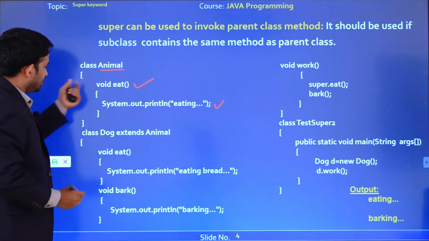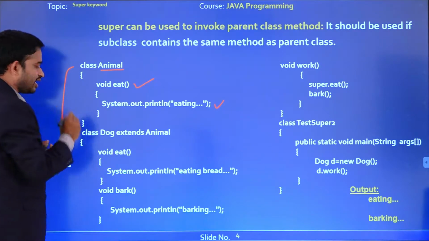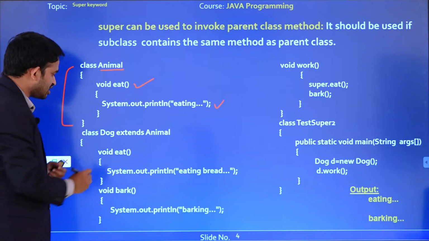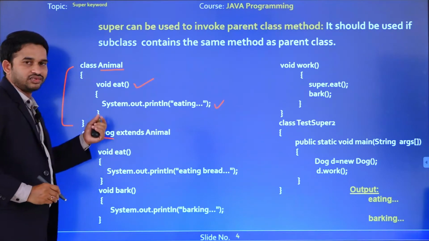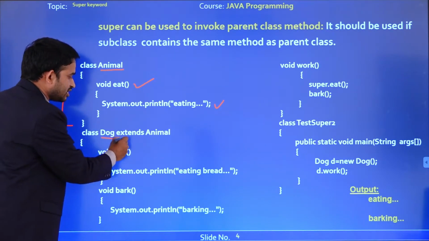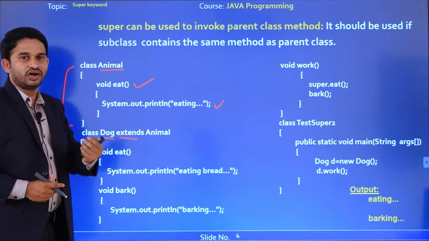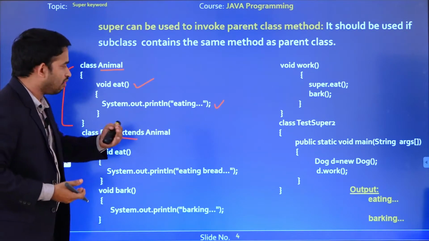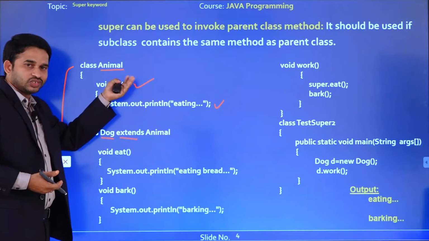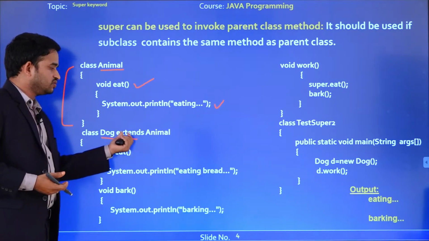Okay, so here this is one of the classes. Next I am going to use one more class. That class name is what? Dog. So class Dog. Here I am using the extends keyword. What is the purpose of the extends keyword? In order to inherit, in order to acquire all the properties of another class into the present class. That is the purpose we are using the extends keyword.